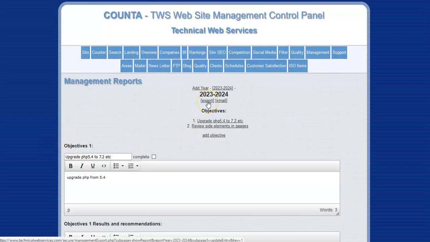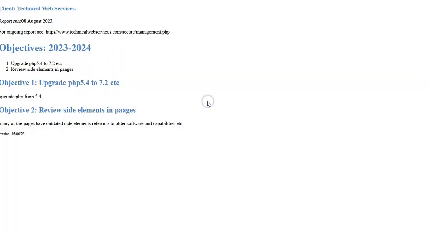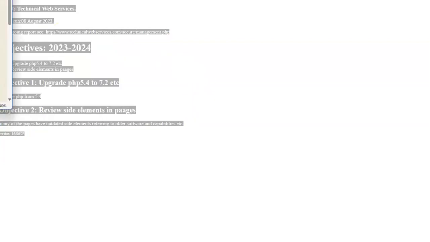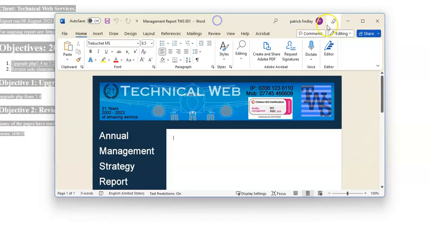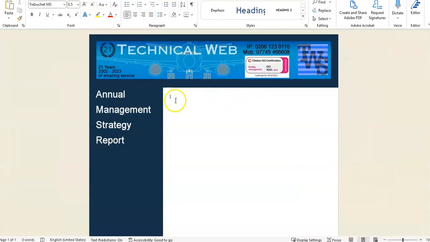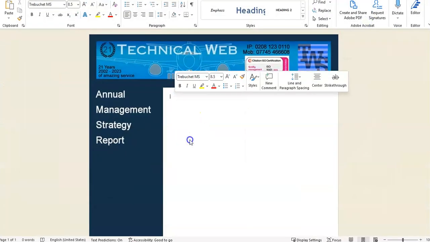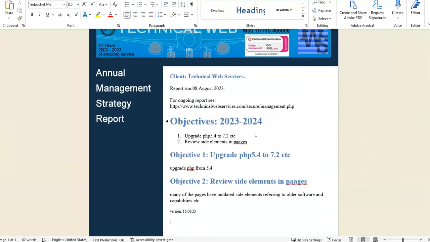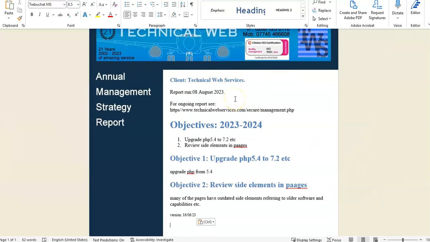But at the end of the day, what it's designed to do is to export this. You should be able to see most of that. So I will basically copy and paste that, and then I will have a Word document here, and I will put that in there to present essentially a finished document, which is a little easier to read,